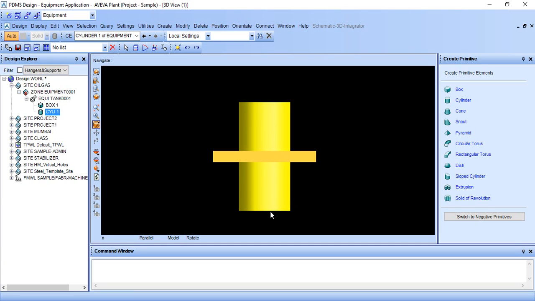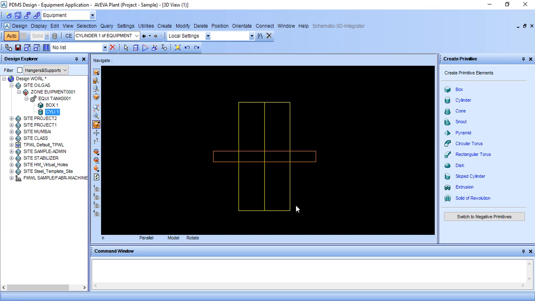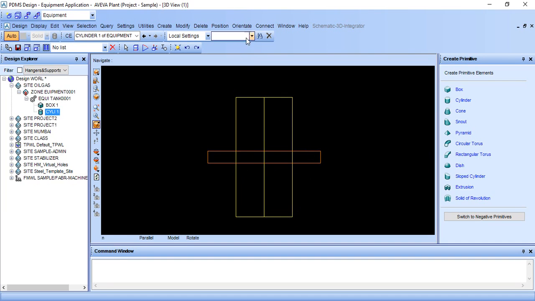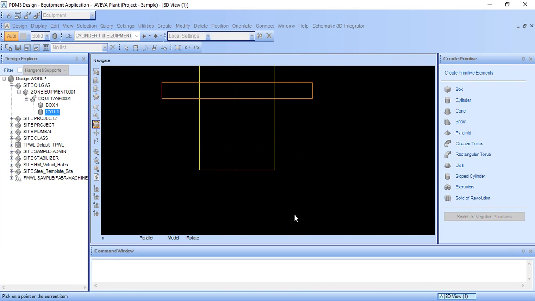So we need to move this face to this face. Press F8 button, that is function 8 button, and go to connect primitive ID point. This is the command for connecting two surfaces.